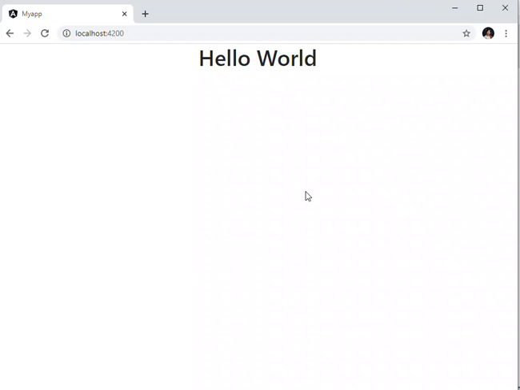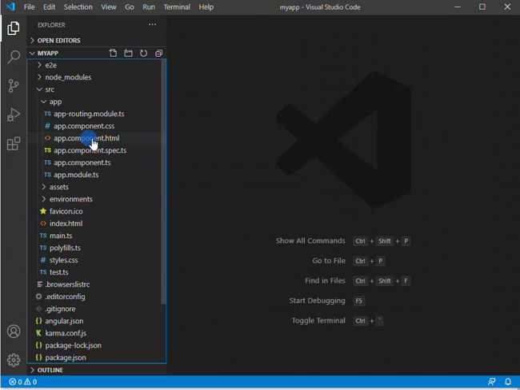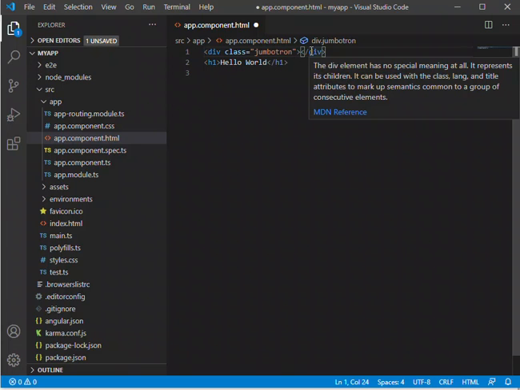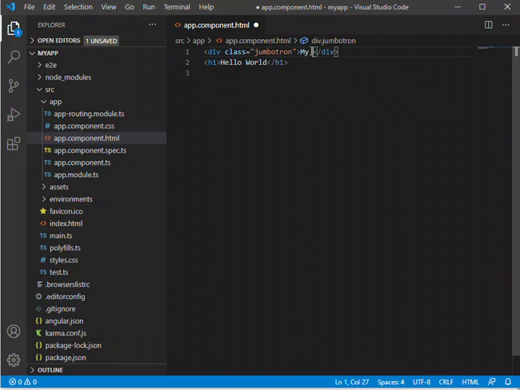Now let's put some Bootstrap in this text. Let's go to our Visual Studio Code, in our app.component.html. Let's create a Jumbotron. If you're familiar with Jumbotron, it is a kind of box, div class jumbotron, that is used to get attention for our text. Let's put a text here, my first bootstrap.